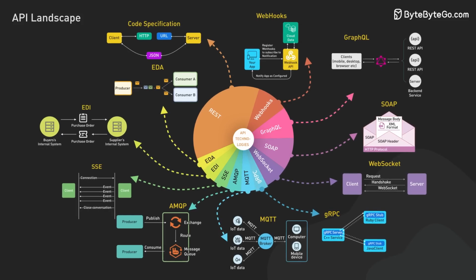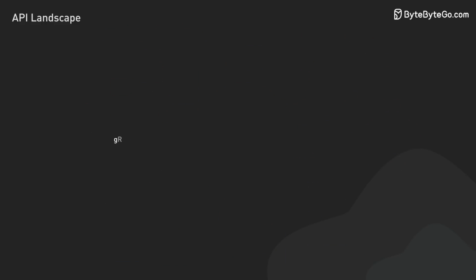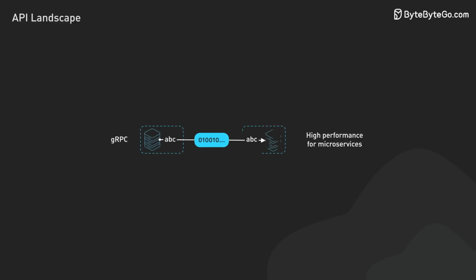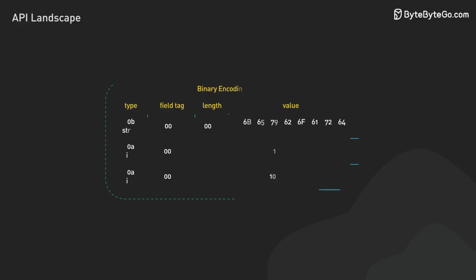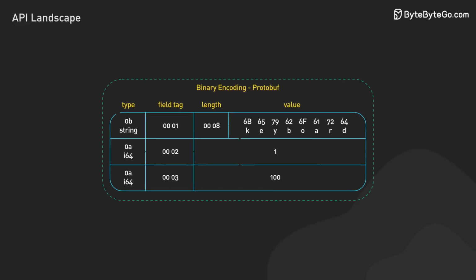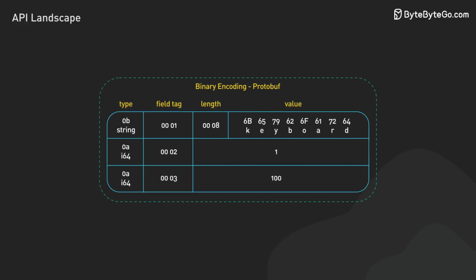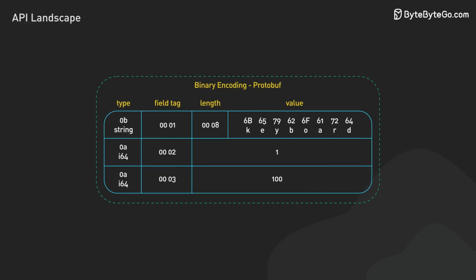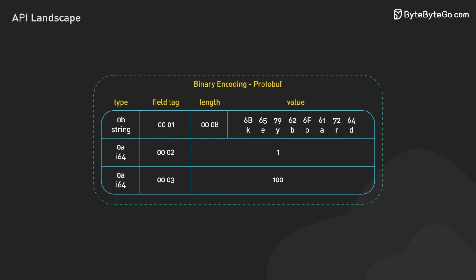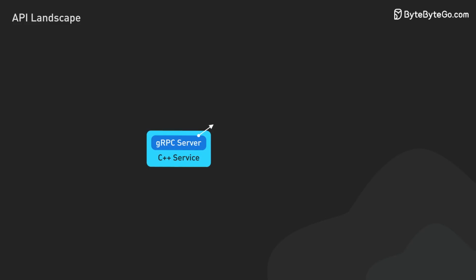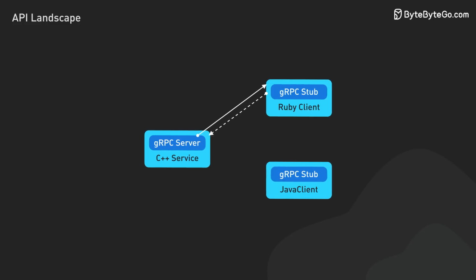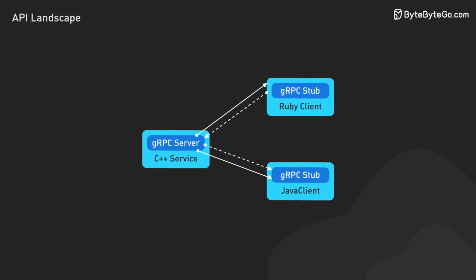Last but not least, let's talk about gRPC. Built on the foundation of HTTP/2, gRPC is a modern, high-performance protocol designed for communication between services. It uses protocol buffers to define service methods and message formats, which allows services to expose custom methods, much like functions in a programming language. With its low latency, high throughput, and support for multiple languages, gRPC is a good choice for distributed systems in